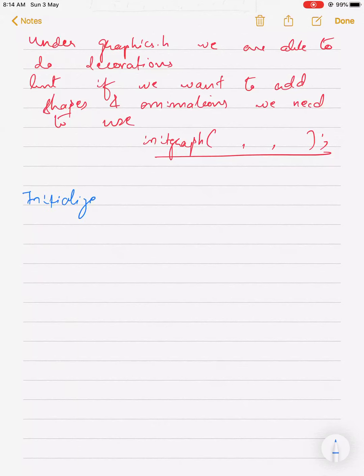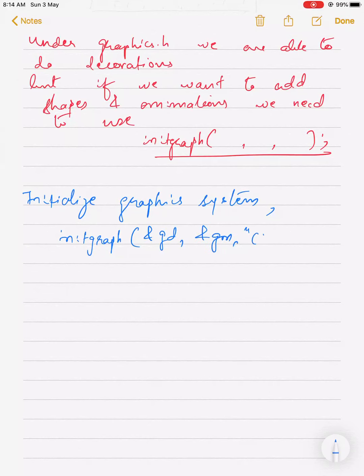Initialize graphic system means initgraph, with GD, GM and path. My path is C:\\TURBOC3\\BGI.